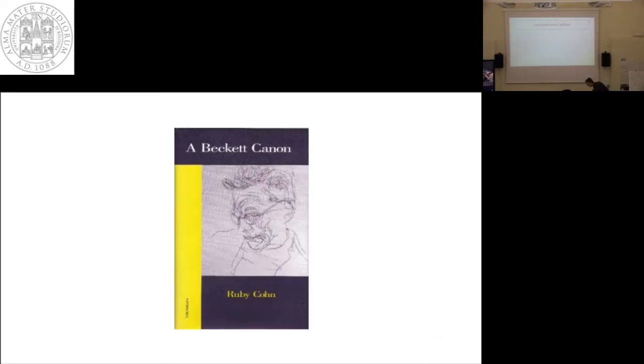So, I'm zooming in on this second form of complete works. In Beckett's case, for instance, here you have a book called A Beckett Canon, which tells us what the Beckett canon is. It's interesting that she calls it a Beckett canon, because she's aware that it can change. One of the things that is very interesting is that she actually includes things that have not been published in Beckett's lifetime. So things from the archives,